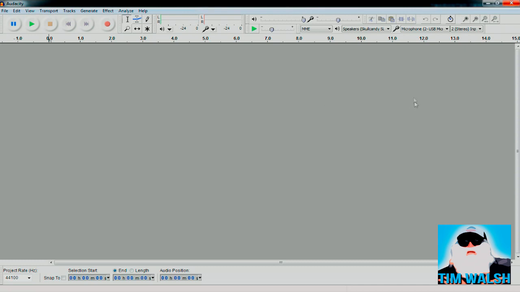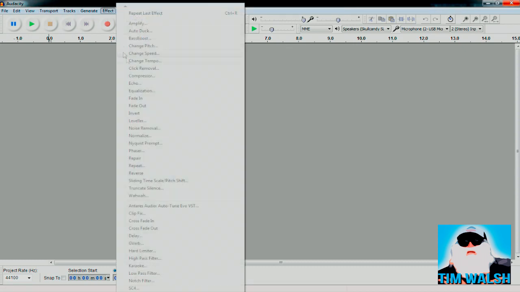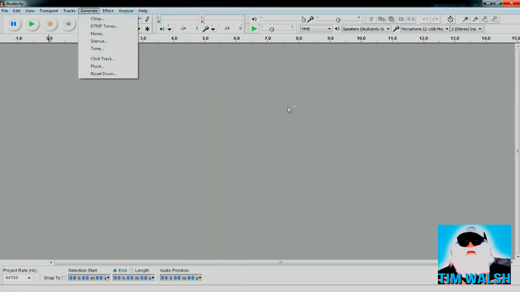Let's start off. We're going to go here. This is where you can choose your microphone. I've got a few mics, but I'm going to be connected up to my USB microphone, my Phantom Power ISK. So we're going to be doing that one. And this is your record button. You've got your effects all down here. Obviously I can't do an effect because I don't have anything down, so I'm going to say a line, anything.